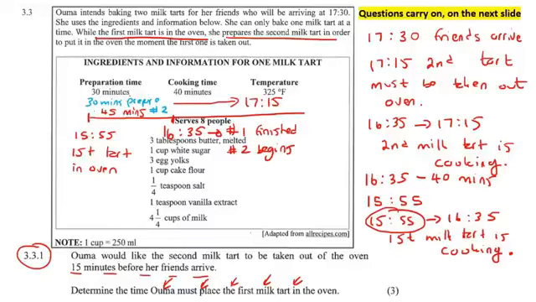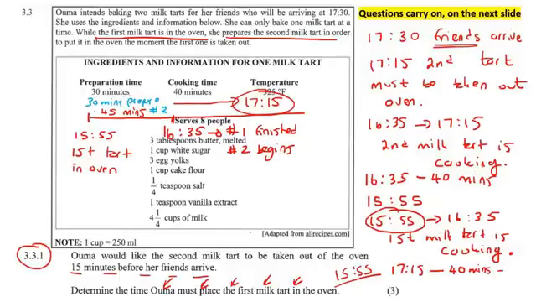And that's perfect because she wanted the milk tarts to be complete 15 minutes before her friends arrive, which is at 17:30. So she should determine the time Oma must place the first milk tart in the oven. She should do it at 15:55. So I know that I wrote this all out in a very informal way. So on the memo, or rather in the test, what you would do is you could say 17:15, and then you could just minus the 40 minutes